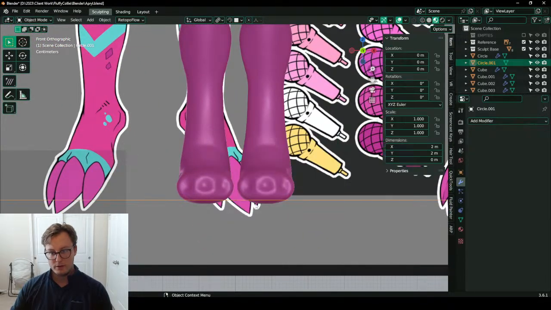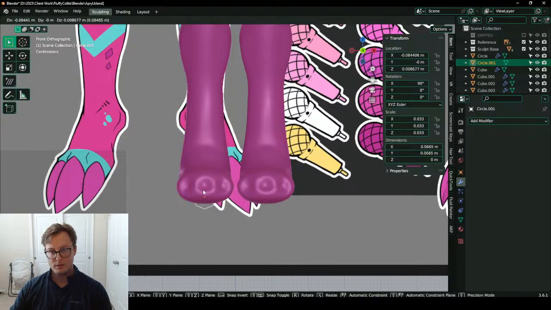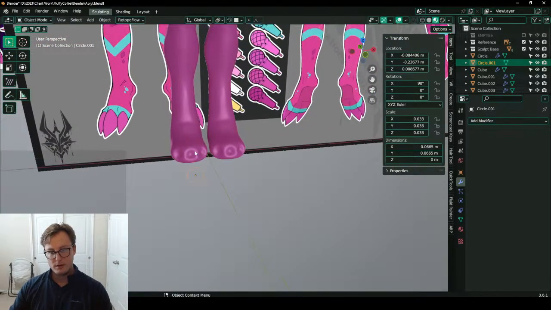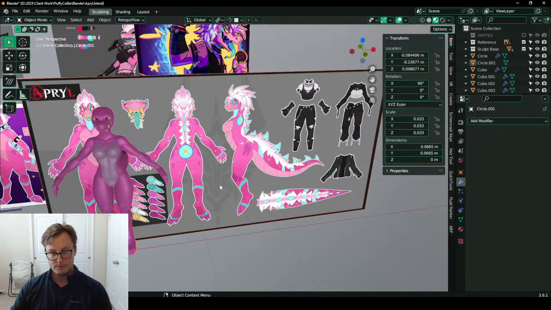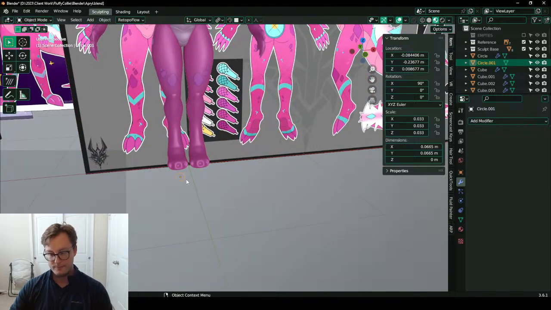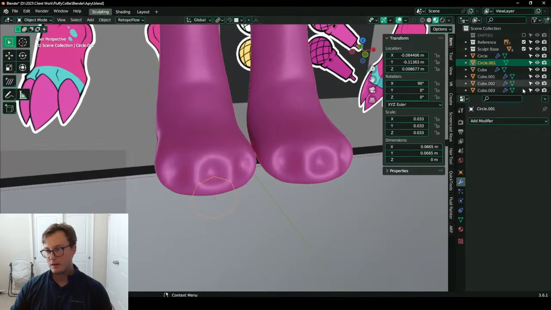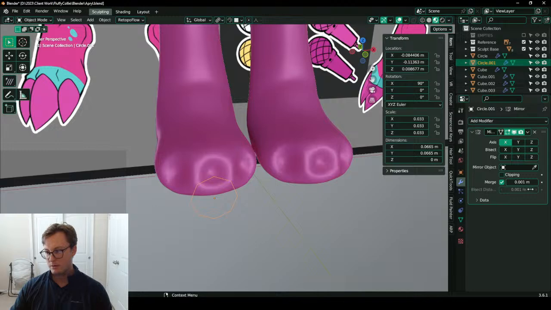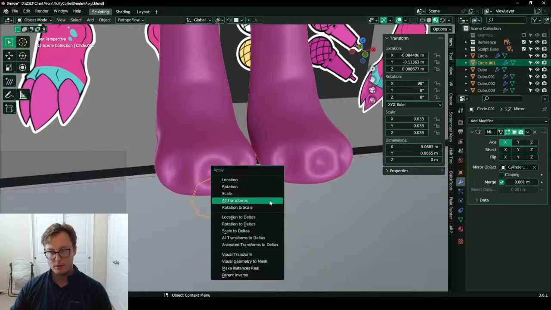I think actually I would rather use a circle of 8, my favorite. And then, oops. We're going to add a mirror on this one.